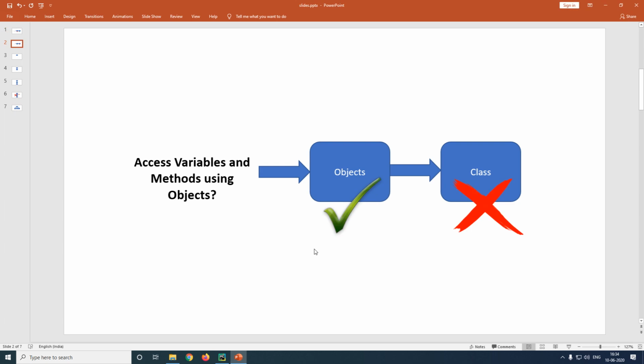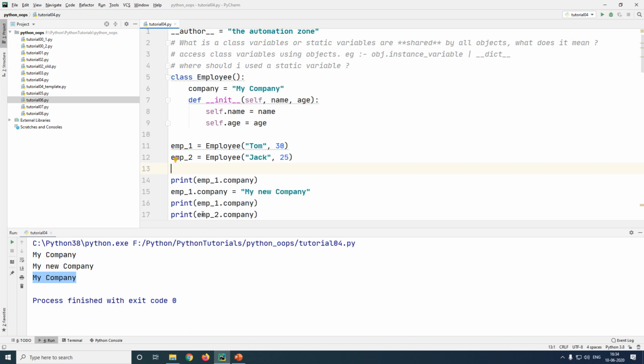But in our case, since we have already created an instance variable inside of the object itself, Python does not go ahead to the class variable. So in the case of employee1, I've already said employee1.company is equal to my new company.